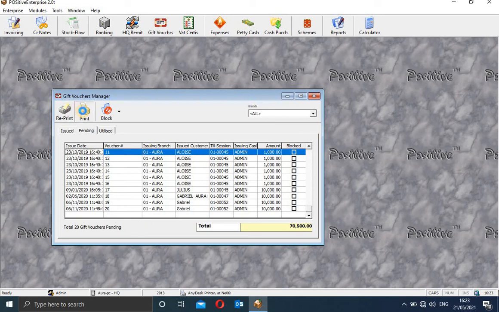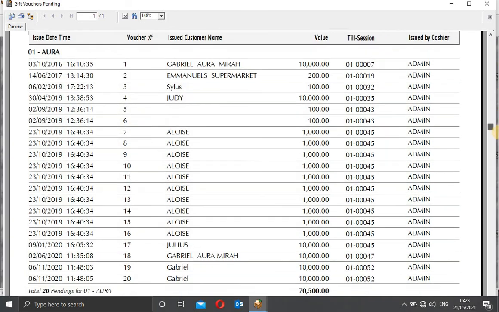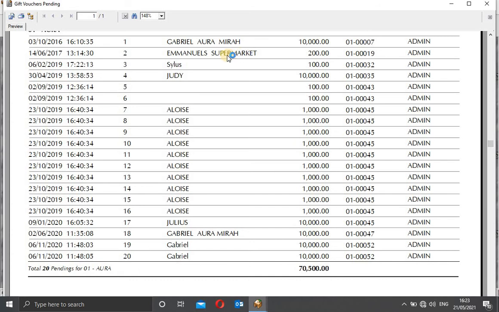So let me just print it so that you see it. And of course you can select a branch here, but now this one is all general. So this is how you can see pending gift vouchers. It indicates even the names of the customers that were issued those gift vouchers.